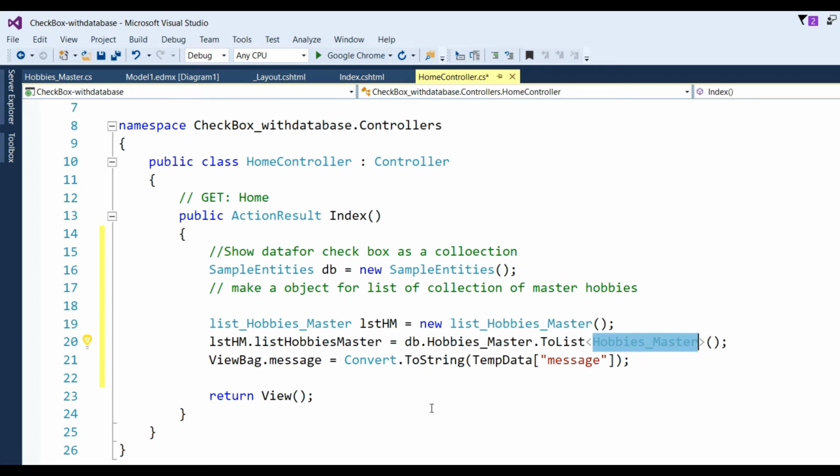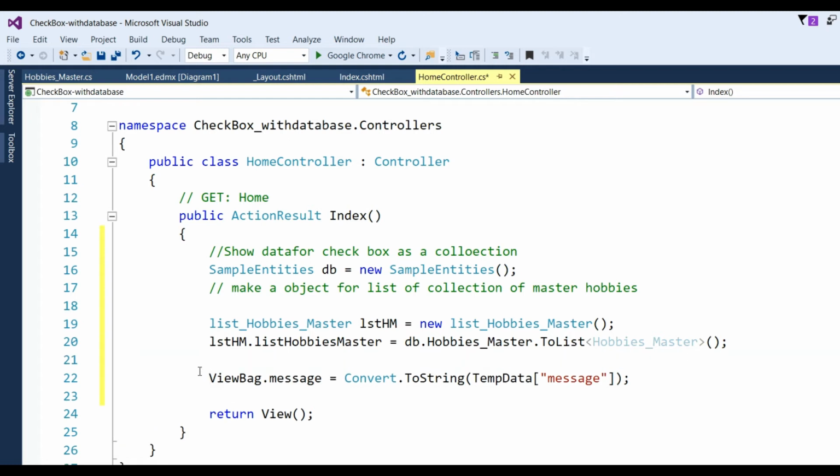And return a view. So what I have to return is the list object, which returns the collection of hobbies. Okay.